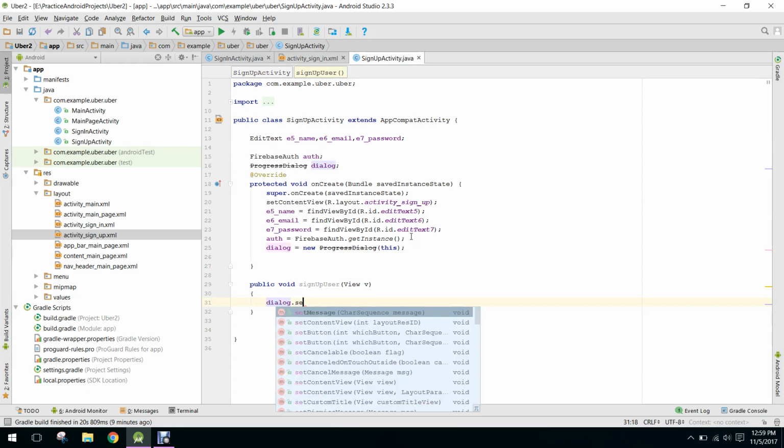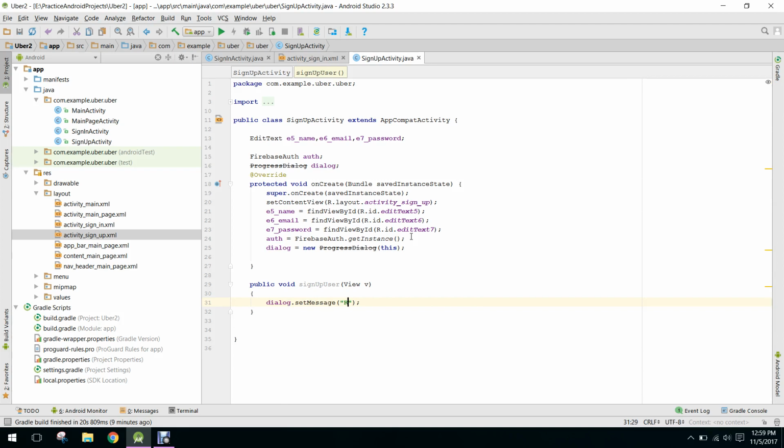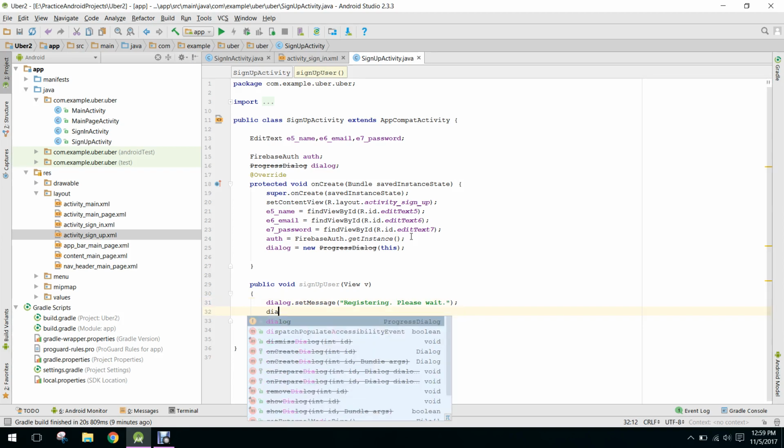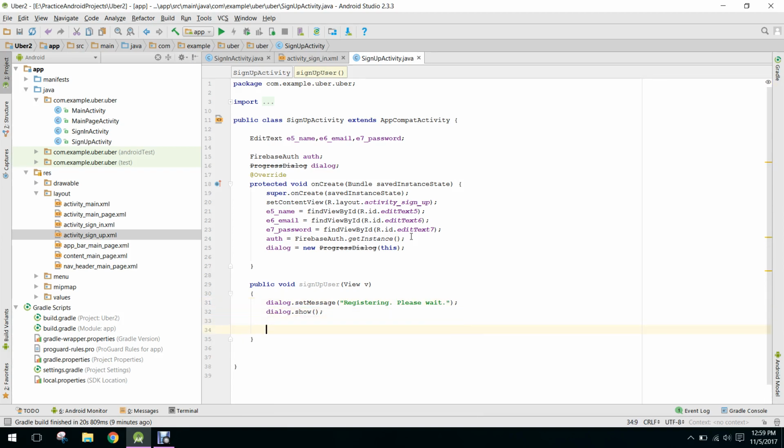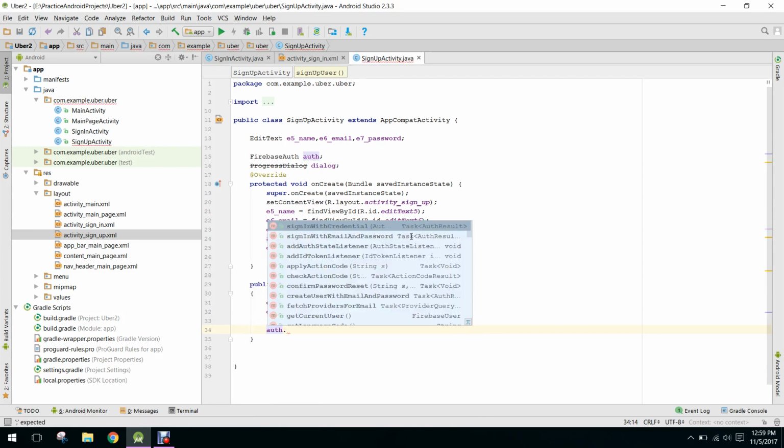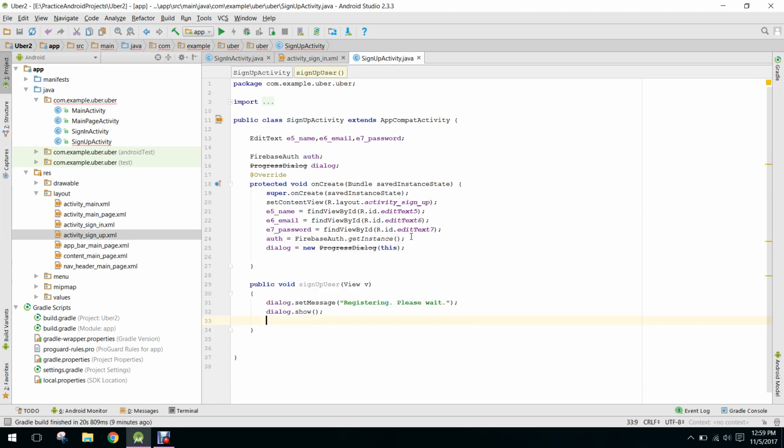So we say dialog.setMessage, "Registering, please wait." Alright, and we need to show the dialog. So now we need to authenticate our user. So we say auth dot, okay, so first of all we will check if